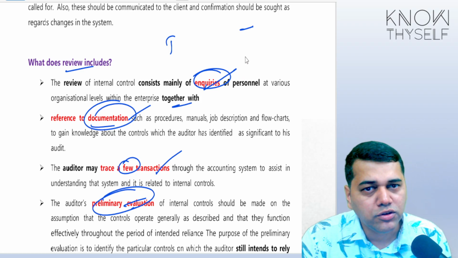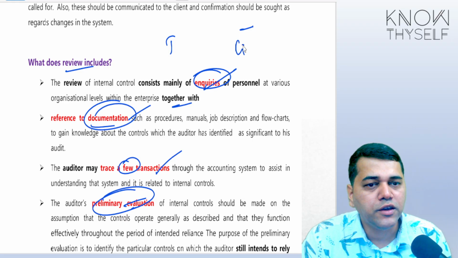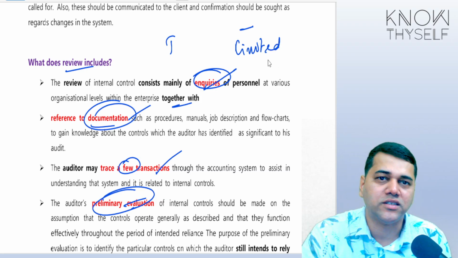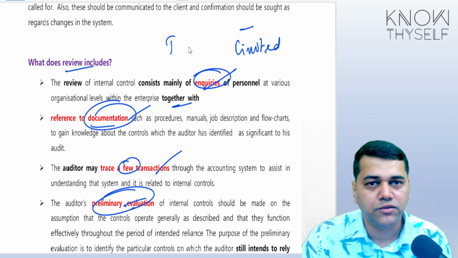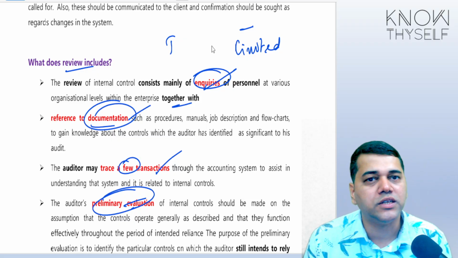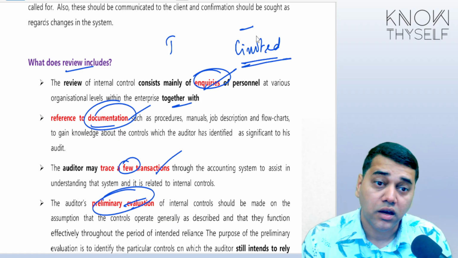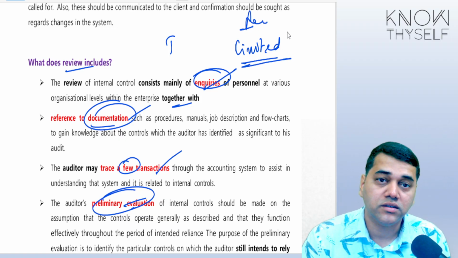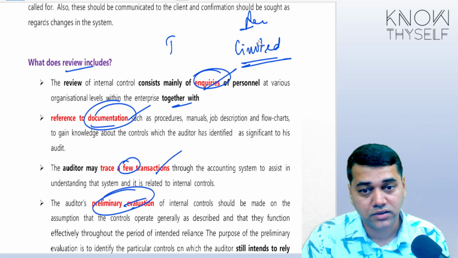Later we are going to learn what type of assurance a review will give you. Review will give limited assurance. I can compare it to the revision lectures. What type of assurance will revision lectures give you? If you just watch the revision lectures and go, without preparing anything, it will give you only limited assurance. Regular lectures are more like an audit. It gives you a high level of reasonable assurance, but not absolute assurance.